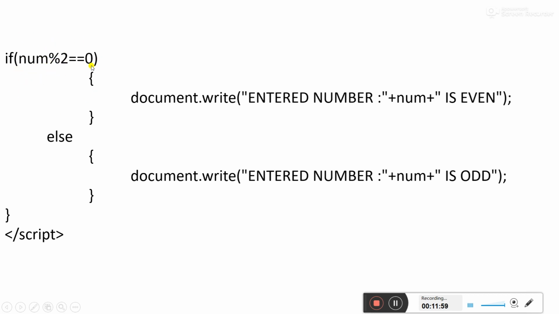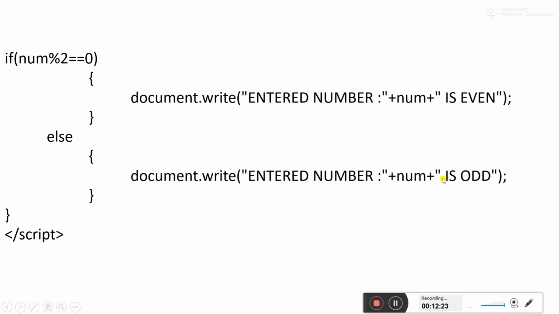So 1 is equal to 0? The condition becomes false. If the condition is false, it will avoid printing this statement of the if block and directly come into the else block and execute this statement, document.write entered number is odd.